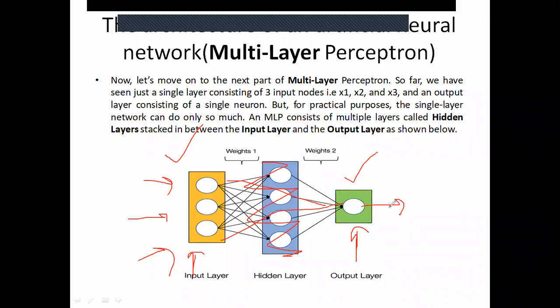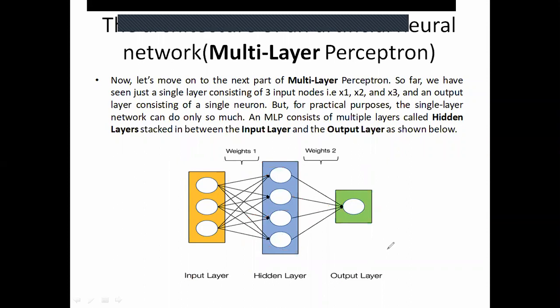But in case of a multi-layer perceptron, there are many layers in between the input and output layer. Those layers are called your hidden layers. Hidden layers means they are hidden. We can't see them. Those are hidden from the outside environment. So MLP, that you are having even in sklearn, stands for multi-layer perceptron. It will consist of multiple layers that are called hidden layers, and those are stacked in between the input and output layer. What are the functions of these hidden layers, and of the input and output? That I will take now.